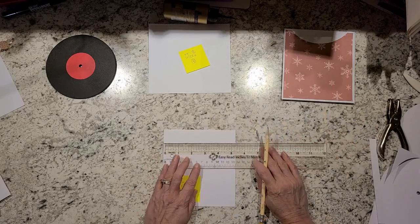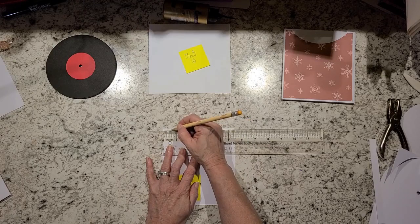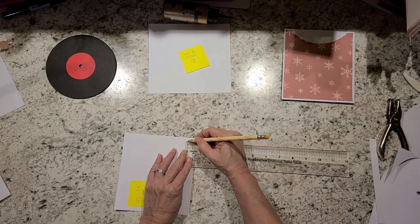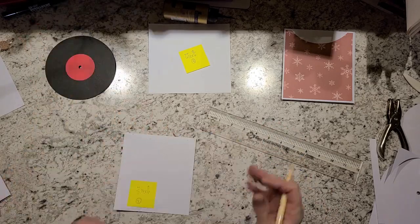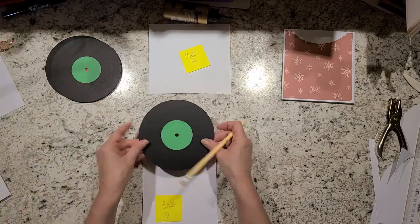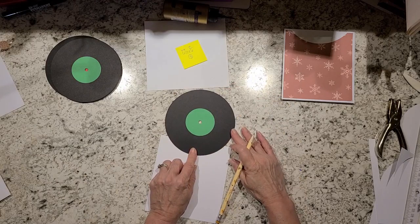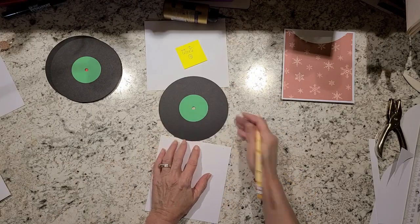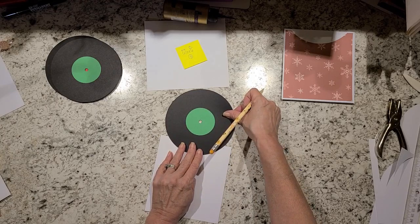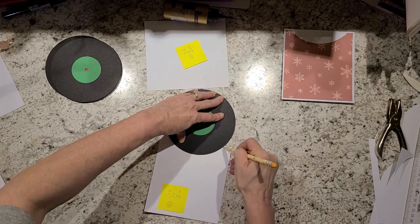So on your 5.5 inch side, if you go in and measure 5/8 of an inch at the top, I'm trying not to get my head in y'all's way, go up to 5/8, make a tick mark, and do the same thing on the other side. Measure in 5/8 and make yourself a tick mark. Now this is why I suggest that you make your record first, because you can use your record now as a template. You take the record and you match it up in between those tick marks from the top. Mine's down a little bit, but you do that and that, and just line them up so that the edge of that meets that. And you take your pencil and you just trace around it,